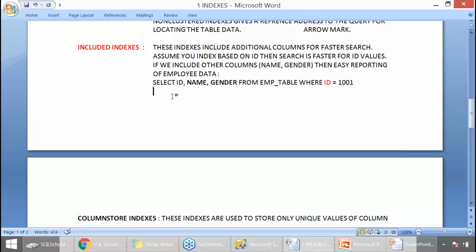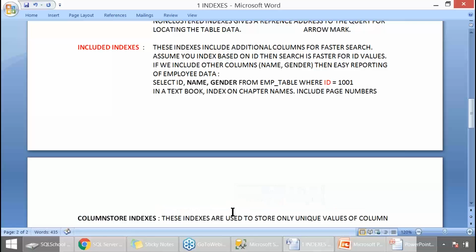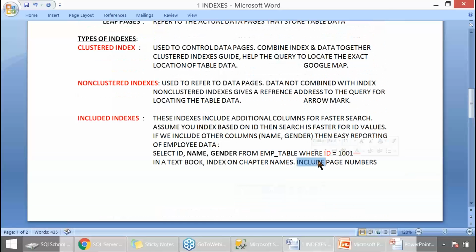For example, in a textbook, a simple example: the index is based on chapter names and includes page numbers.